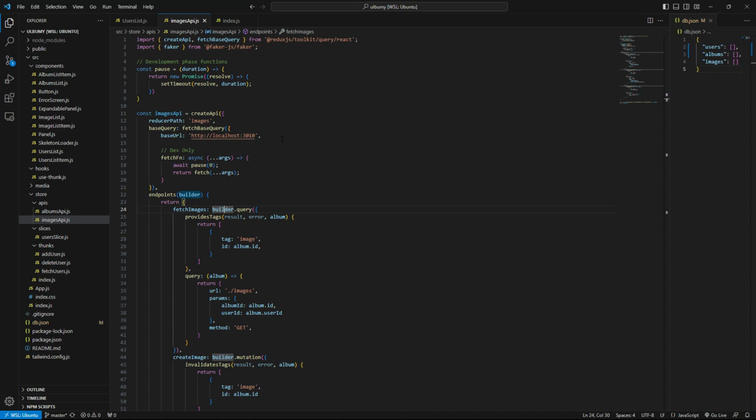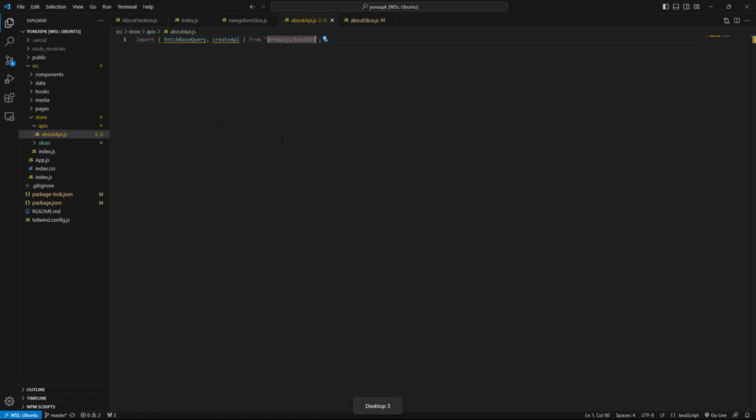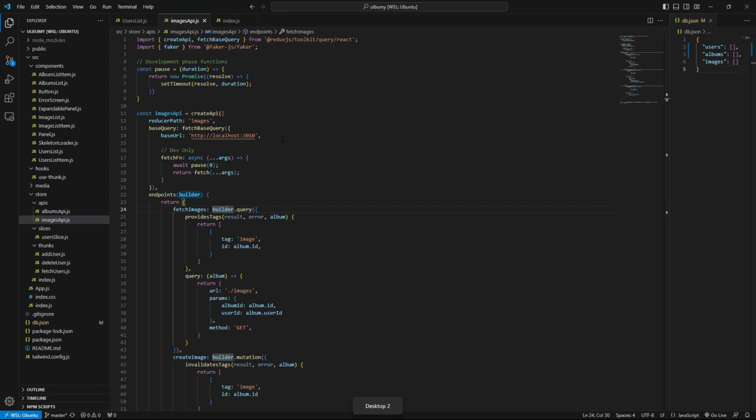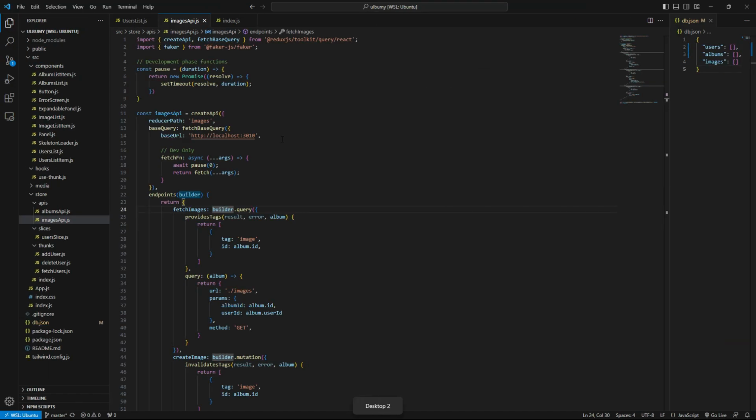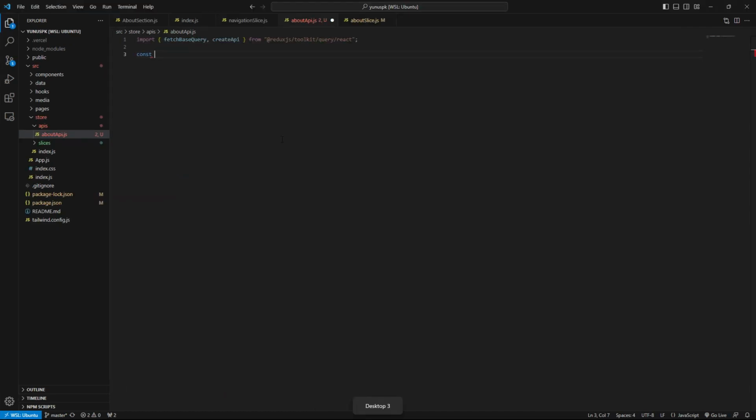Toolkit query React, and then faker. We don't need it in this. So I'm like, const. What's the naming pattern? It's images API directly. Okay, so I do